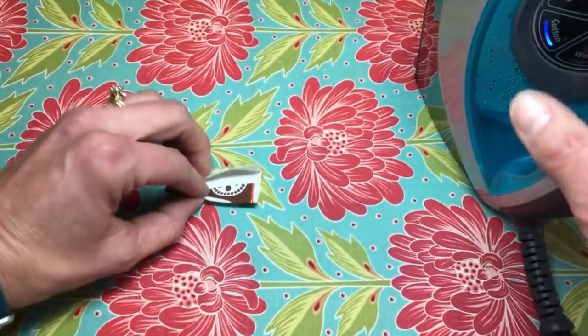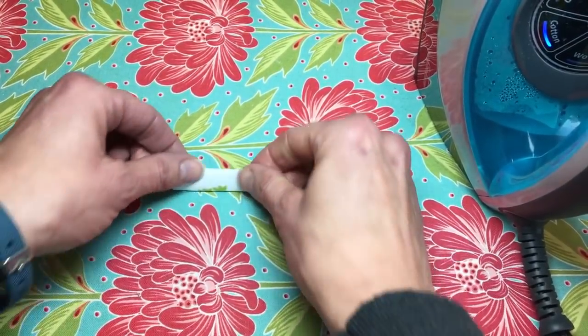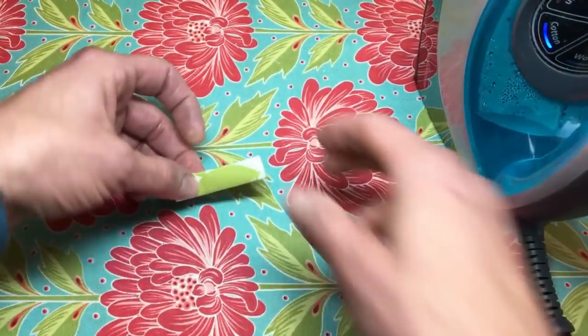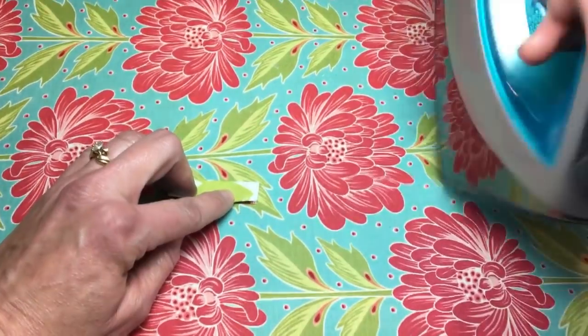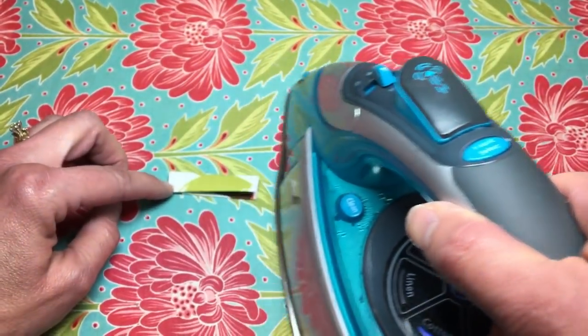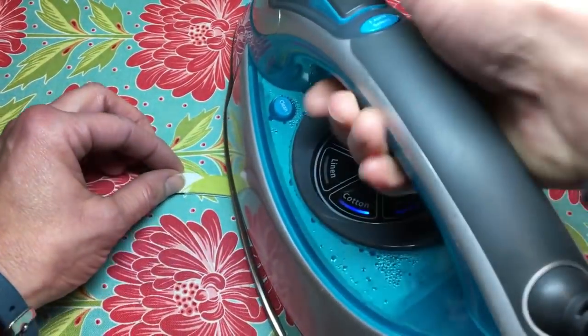There we go. And once I get both of those edges in place, I go ahead and fold it back like this. There we go. Now I will have to say, when I'm making a Kristine ID wallet,